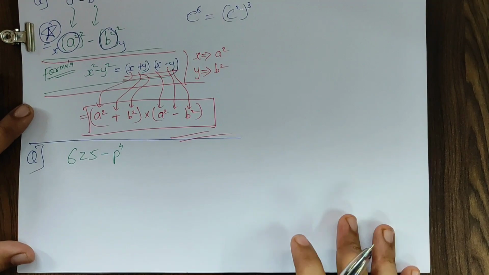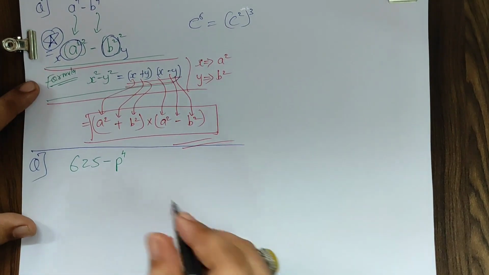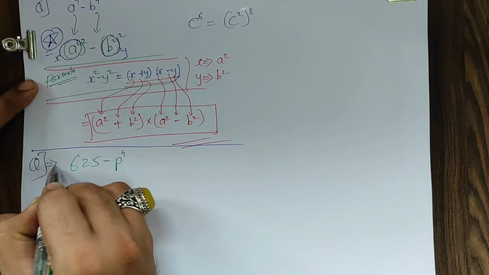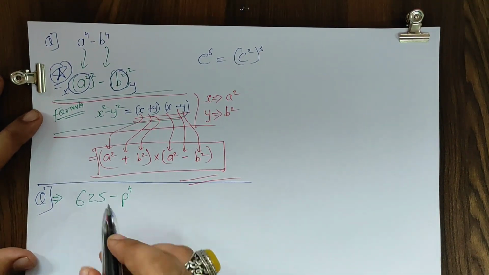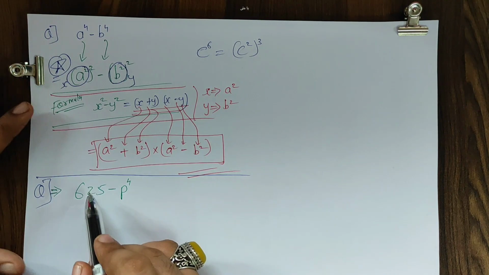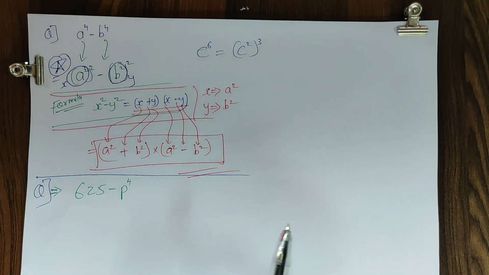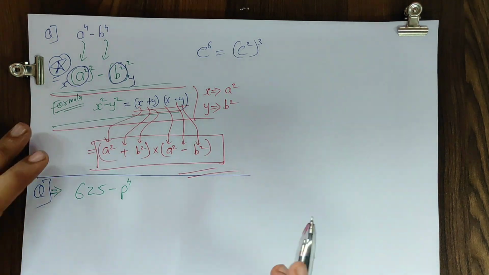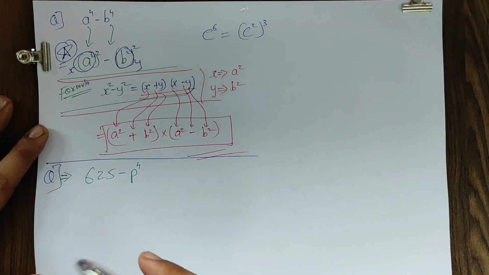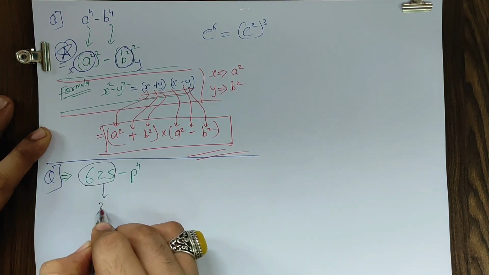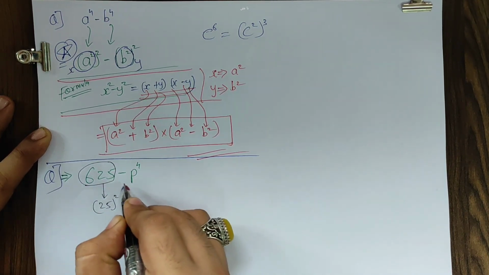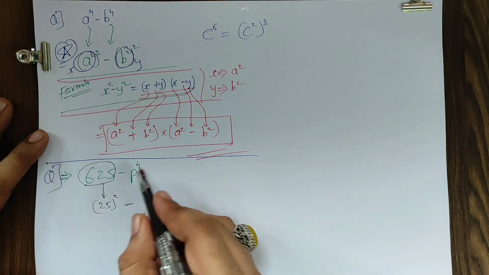Okay students, now the next question exactly on the same lines. The question says 625 minus p raised to 4. Yes students, first of all 625 is a perfect square. किसका square होता है? It's 25 का square. 25 का square becomes 625. So now, at the place of this 625, can I write 25 का square? This minus as it is minus. This is p raised to 4.